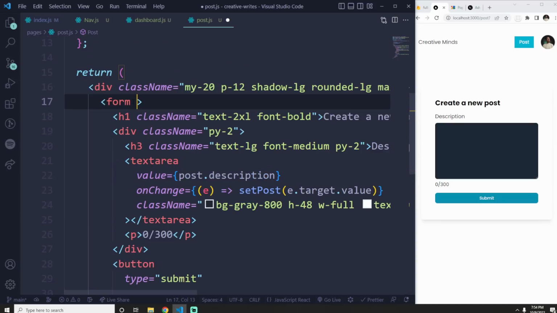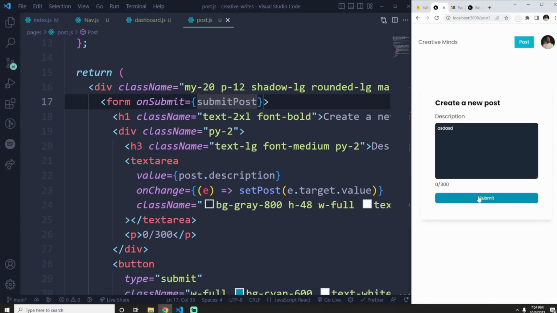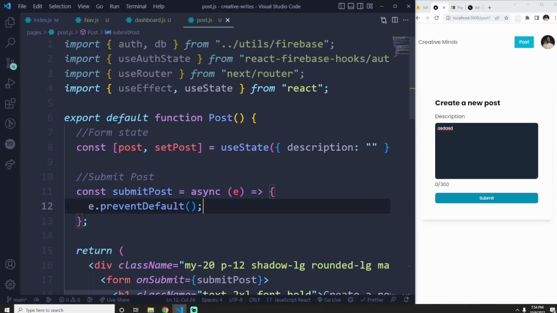On the form, on submit, post. Okay, cool. So now when I type something and submit, see, it doesn't refresh. Okay, that's the first one. Now what I want to do is